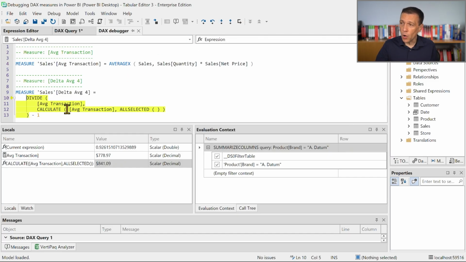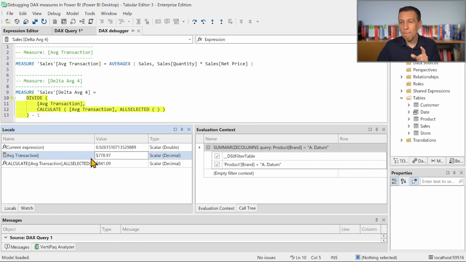And now you see that only the divide is considered. Because we are considering only the divide, at this point we have two expressions that are displayed in locals. One is the average transaction, which is the numerator, and the other is the calculate average transaction all selected, that is our denominator. So by looking at this code, we can see that